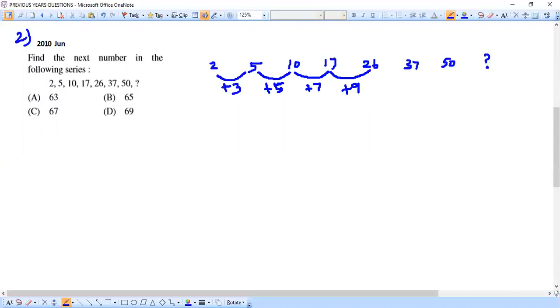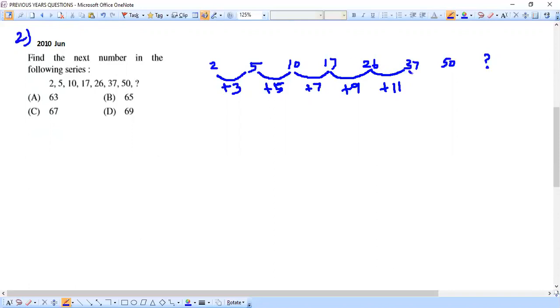I think you're able to understand the logic. 17 to 27 is very easy to say plus 10, but 17 to 26 is what we need. So this is not plus 10; it is 1 less than that, so this would be plus 9. That logic is what I have used. Yes, continue. 26 to 37. As we move on, the number size is getting increased. Here it is very easy to say 1 and 1: 7 minus 6 is 1, 3 minus 2 is 1. So that means plus 11 they did here.